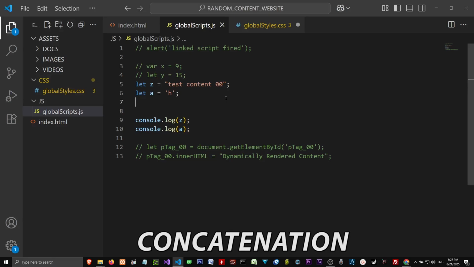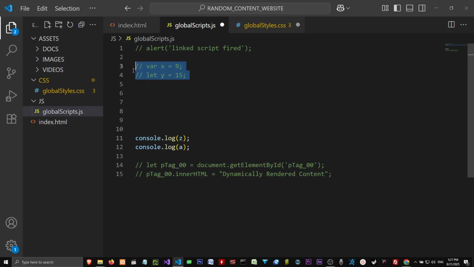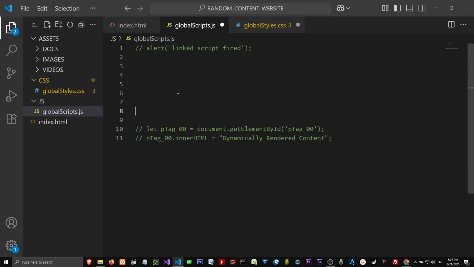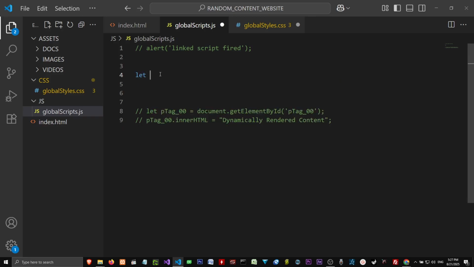Concatenation is a big word and it has nothing to do with cats. So let's start anew and get rid of all this. More training, more fun, more practice, repetition. Let's concatenate some letters to make a word. Let's do let char_00, because we're going to use a character, even though JavaScript doesn't have characters and strings; everything's a string. We'll do it this way for more computer science reinforcement. So char_00 equals